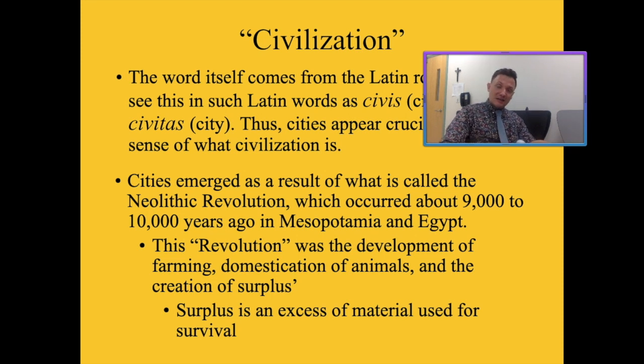This revolution is going to revolve around the key construction of one particular thing: farming, right? This agricultural revolution is going to lead to farming, the domestication of animals, and the biggest thing out of all of them, the creation of a surplus, right? Surpluses are very important. A surplus is an excess of material used for survival. So let's say hypothetically me, Mr. Mathern, and Mr. Wooderson went from being a Paleolithic group to a Neolithic group, right? It means that we learned how to farm, and if we learned how to farm, we're creating a surplus, right?